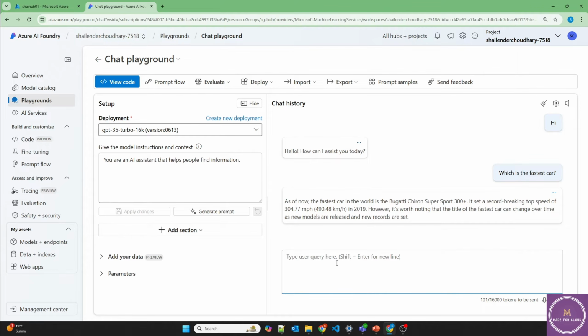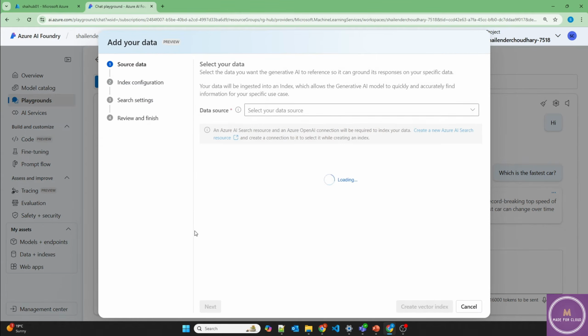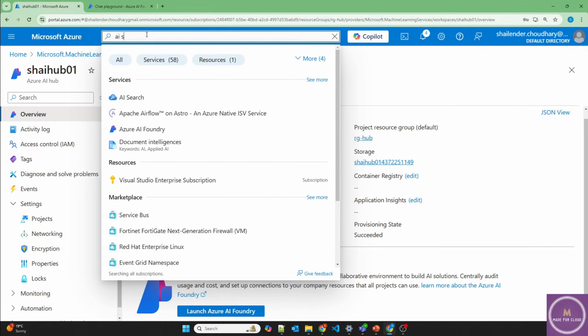But we don't want our LLM to provide the information using its own knowledge or external sources. So let's add your own data. So add a new data source. But for adding the new data source, we require the Azure AI Search service, which is not deployed yet. So let's cancel this. Go to the Azure portal, look for AI Search,